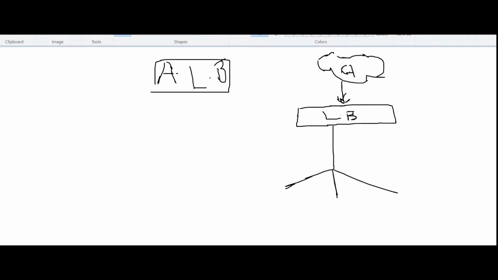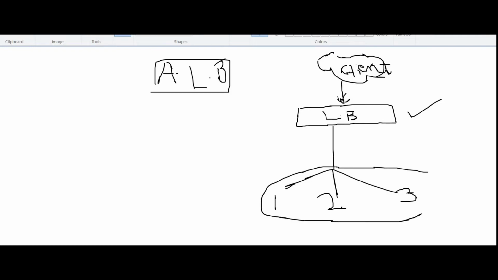This is the client, and these are the VMs, VM1, VM2, VM3. I'm just taking a very basic example of a load balancer. See, this is my load balancer. These are the backend virtual machines which are placed behind this load balancer, and this is the client. So let me start with an example.